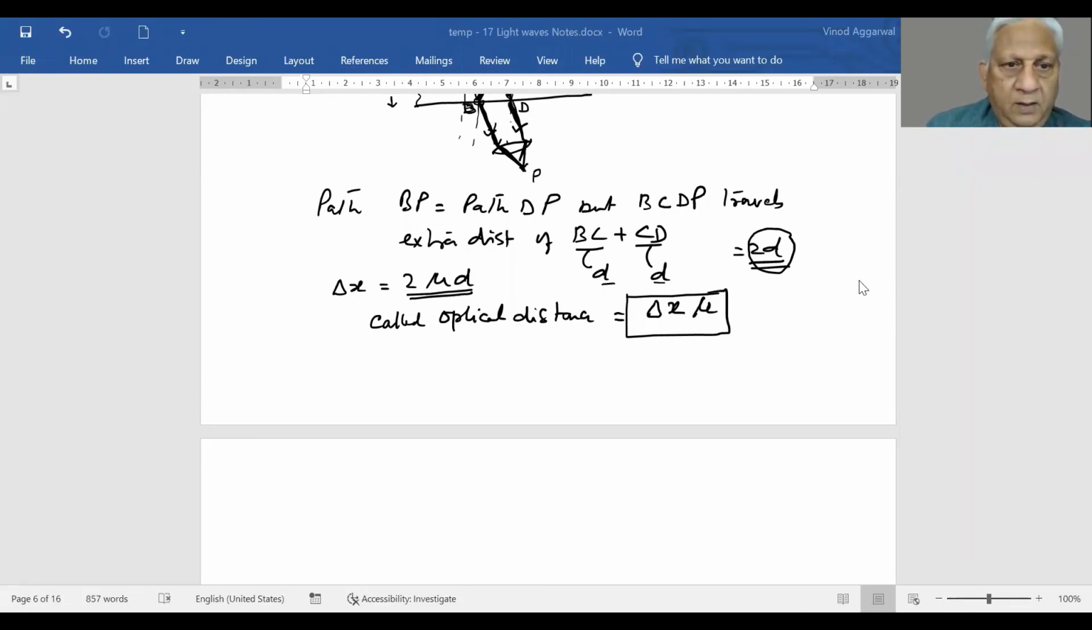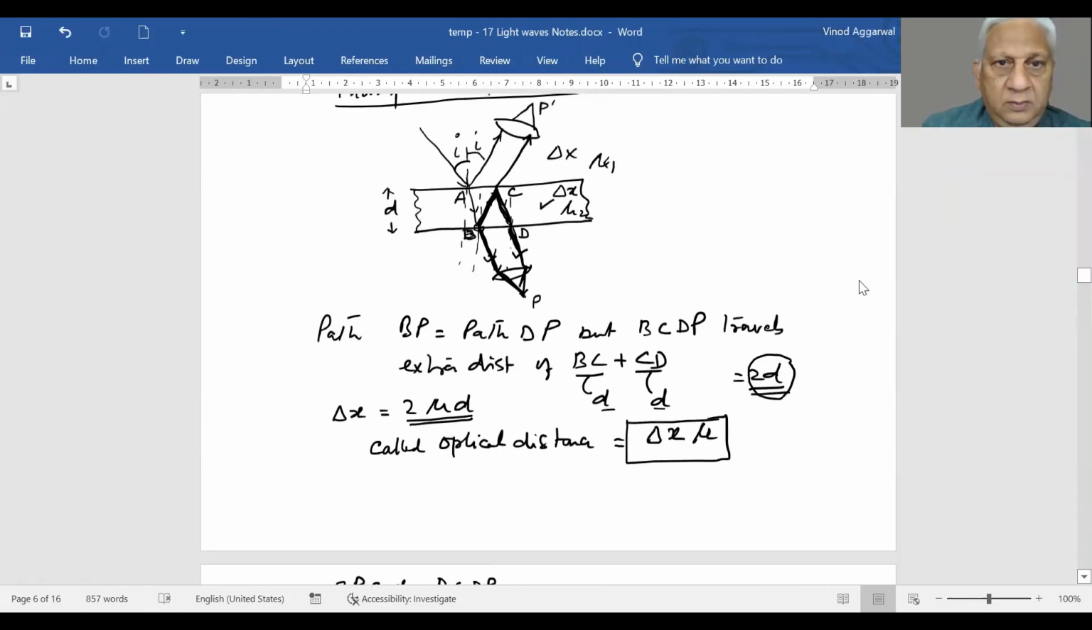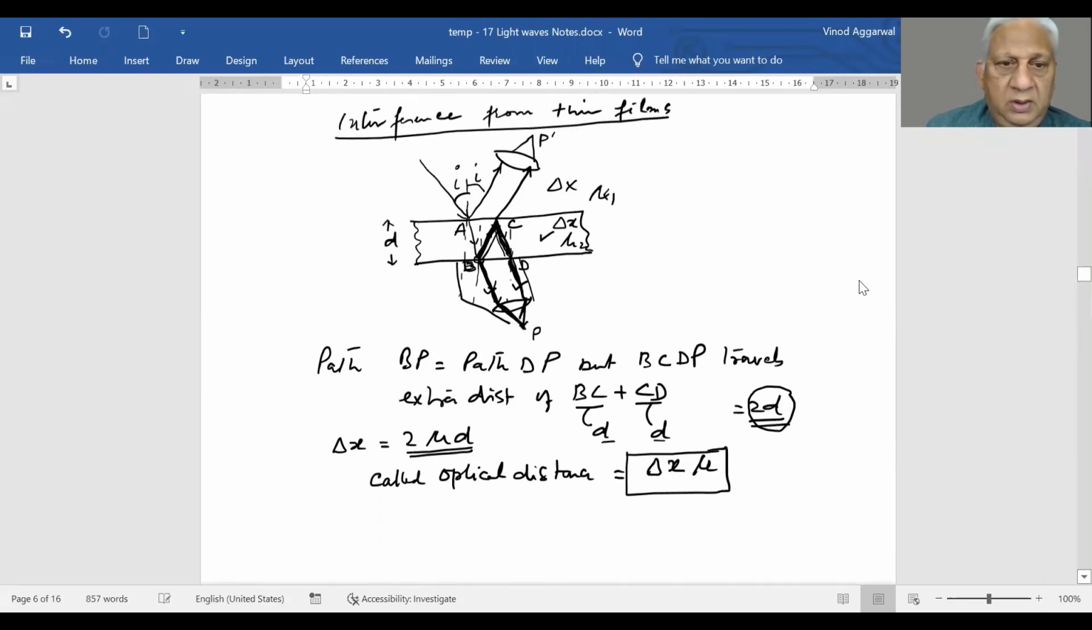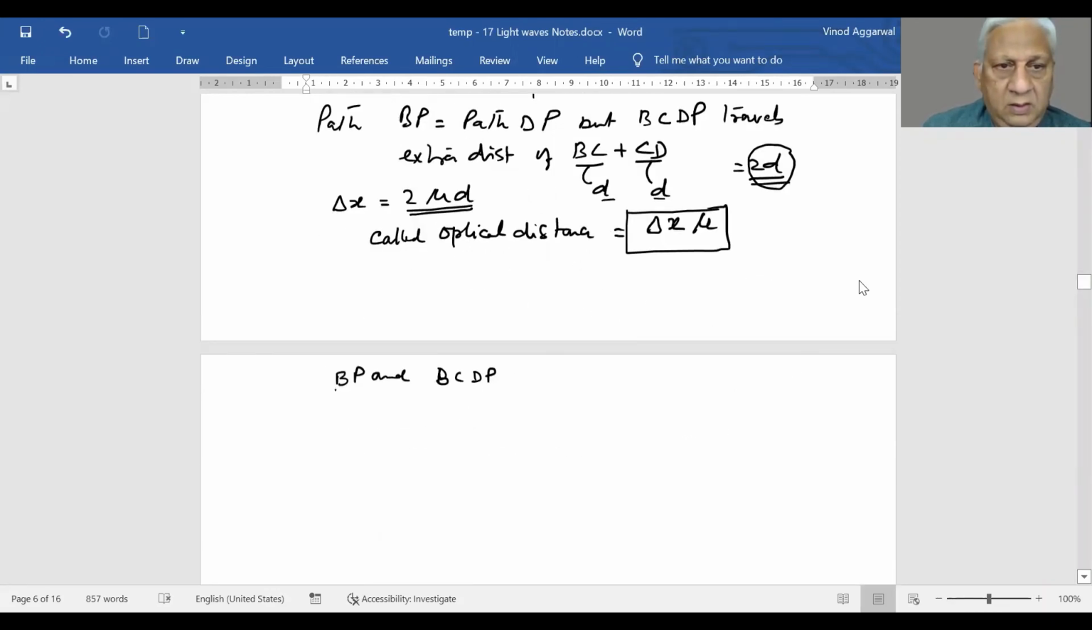For BP and BCDP, basically this, and this plus this plus this, the difference between the two: if this ray and this ray, taking this path and this path, are supposed to do a constructive interference, then this path difference should be a multiple of lambda,